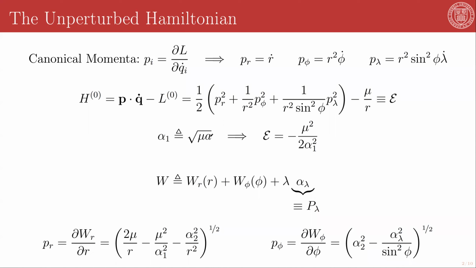So alpha 1 is going to be the square root of mu a, which means that the specific energy can be written as negative the gravitational parameter squared over twice alpha 1 squared. We next observe that the system is cyclic in lambda. That is, the Lagrangian on the previous slide is independent of the azimuth coordinate. And therefore, we can write Hamilton's characteristic function, the generating function for the system, as